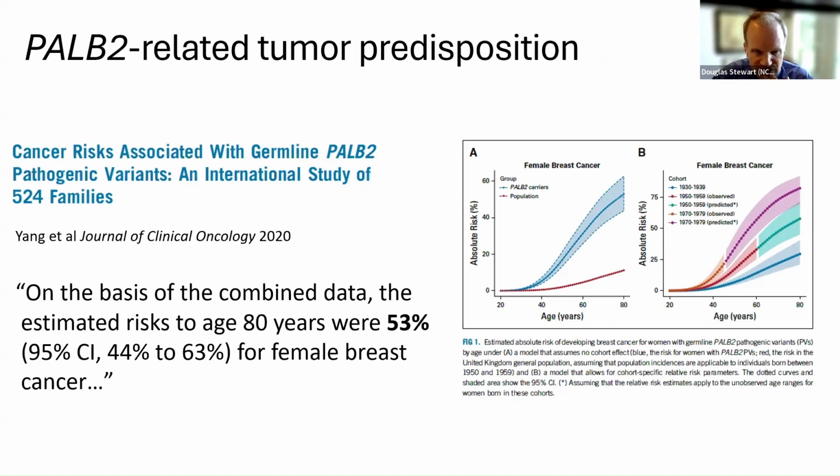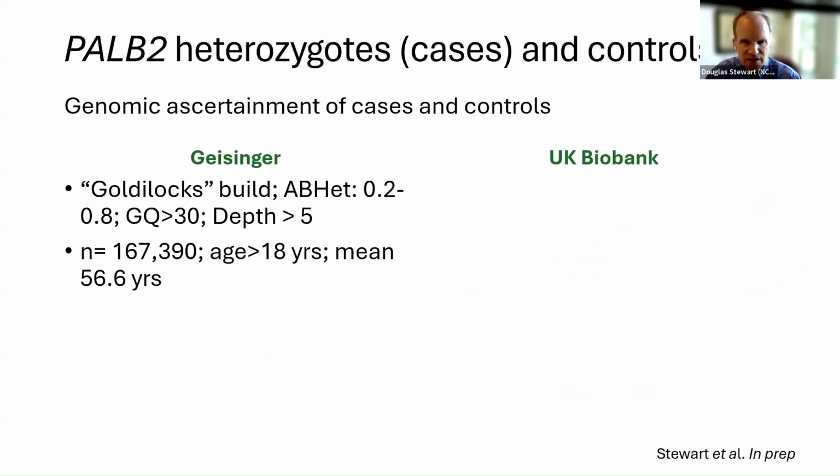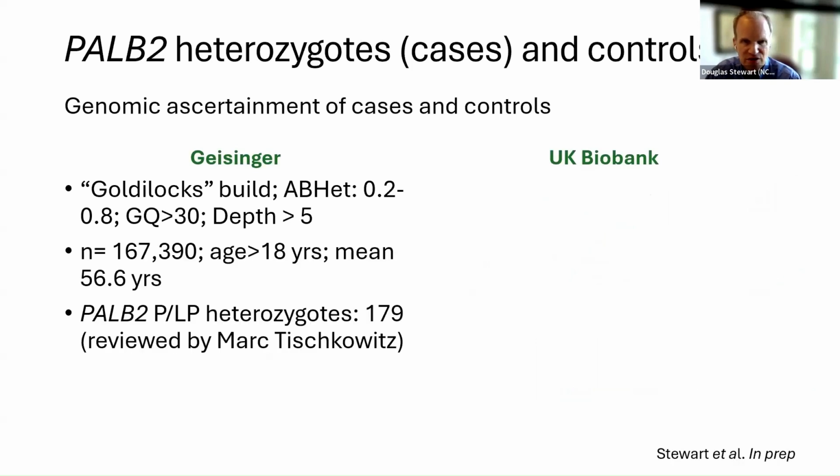My guess is many of you know this wonderful paper that came out five years ago in JCO, looking at risk of PALB2 from a collection of families. The key line here is that the estimated risk to age 80 was 53%, with a confidence interval, for female breast cancer. And so again, we looked at PALB2 heterozygotes in both Geisinger and UK Biobank,